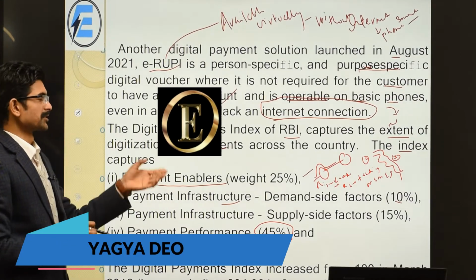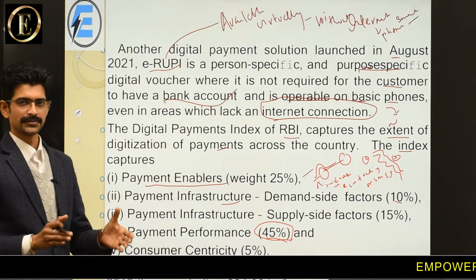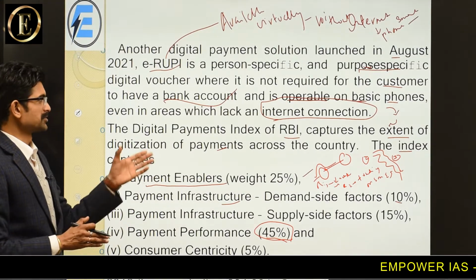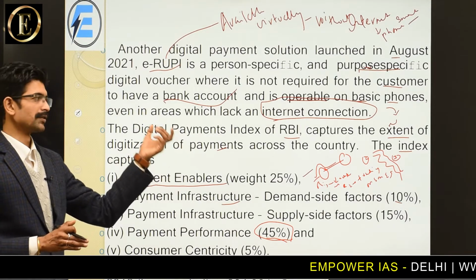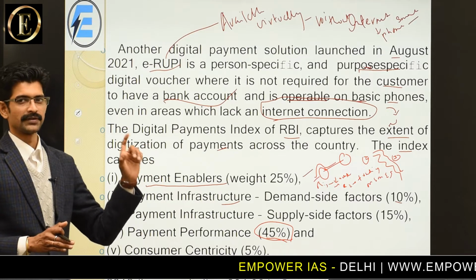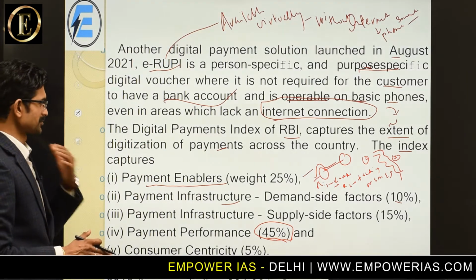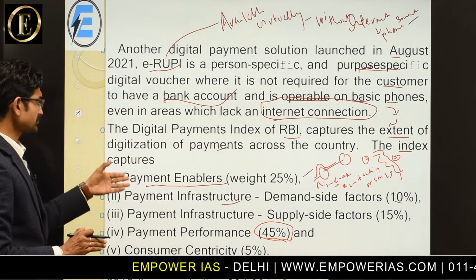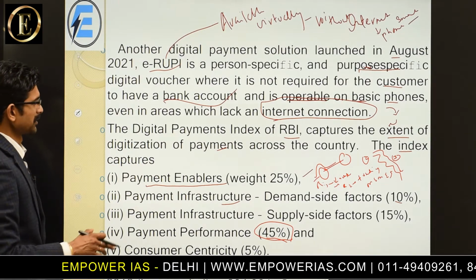Friends, we were discussing the digital payment system introduced by the Government of India in terms of e-rupee. We were discussing how, without an internet connection, e-rupee can work in various distant locations, where people having smartphones can deliver the money and do transactions whenever needed. So the various indexes that capture the payment across the country